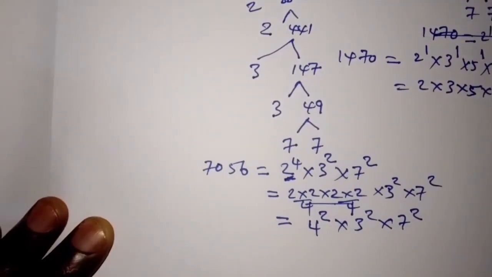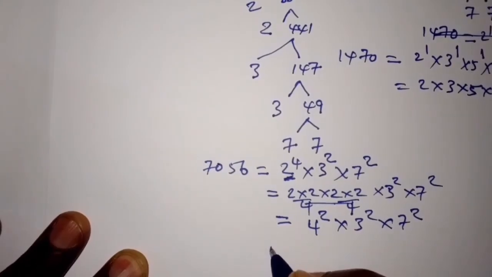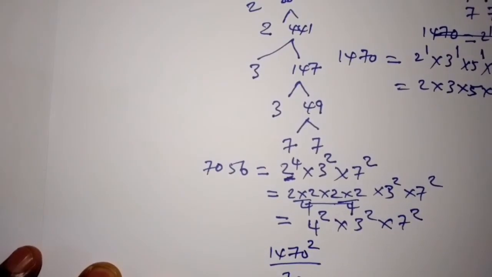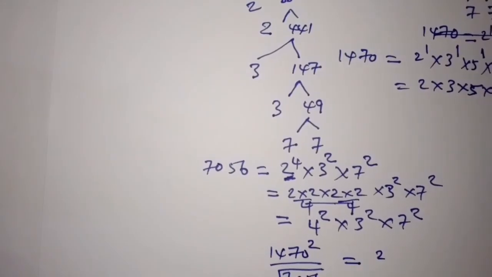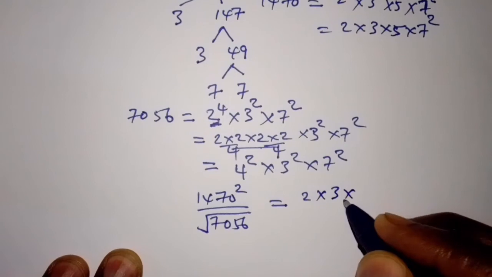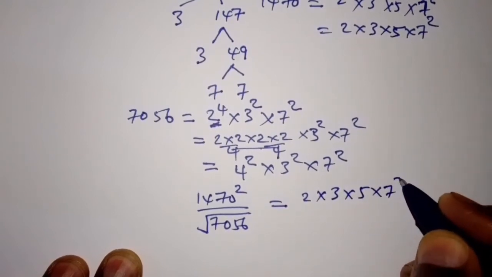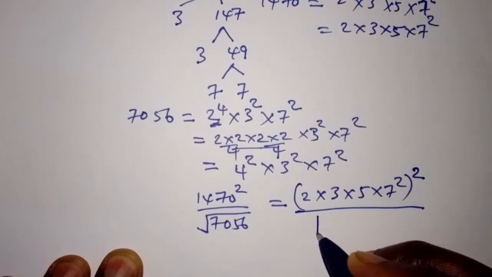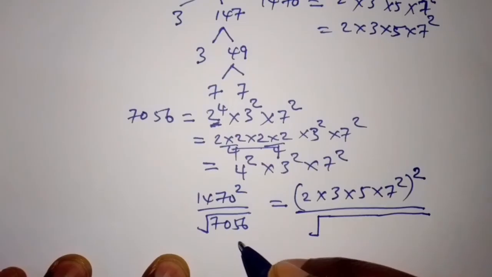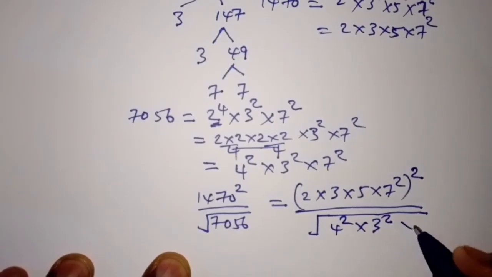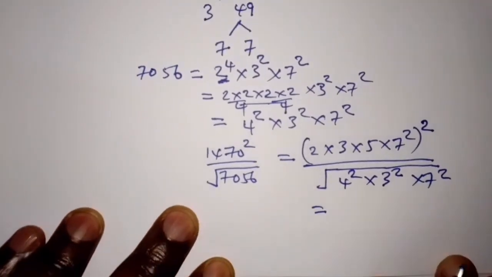We can say that 1470 squared over square root of 7056 is equal to 2 times 3 times 5 times 7 power 2, into bracket power 2, over square root over the factors of 7056, which is 4 power 2 times 3 power 2 times 7 power 2, which is equal to, when we square this one